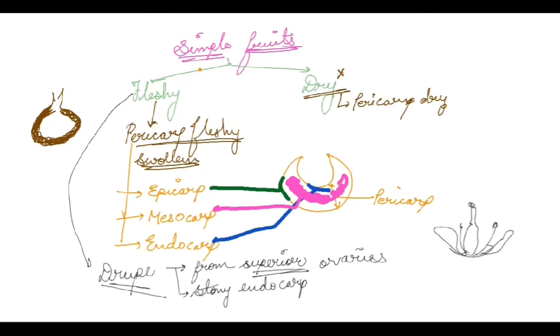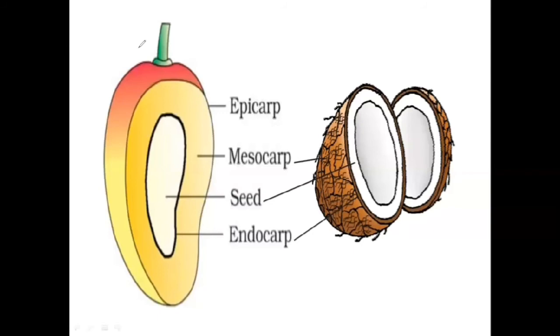So let's discuss the drupe fruit in detail a bit, where we'll be taking two examples basically. One is coconut and another one is mango. So as you can see, the first one we have got is mango. Right? In mango, the outermost covering, which we call peel, is actually the epicarp. As you can see, this one. Then the middle fleshy part, which we basically eat completely, is known as mesocarp.